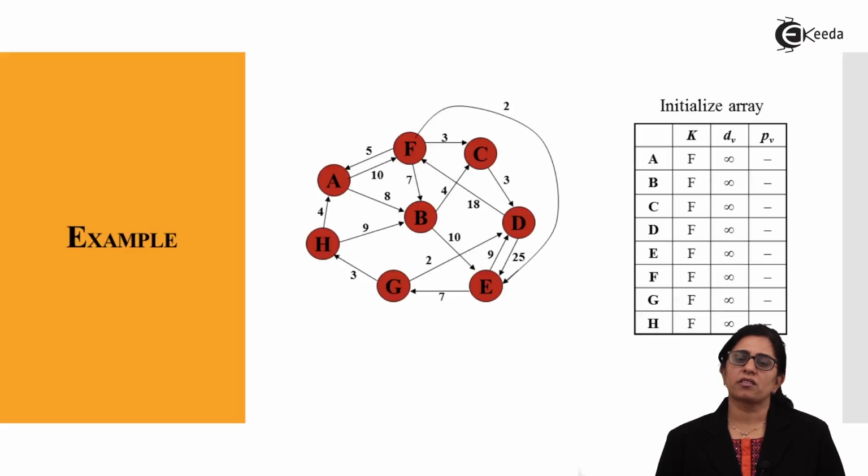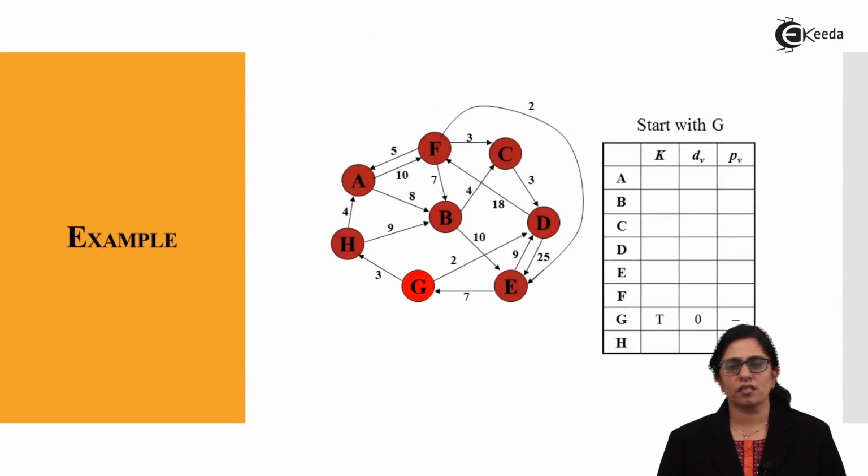Any node can be considered as a start node. So in this example, we have considered G as the start node. It is just an approach to solve the issue for this particular graph. So G is considered as the start node. As G is my starting element, it is added to the tree, whereas the distance it has travelled is 0 because that is my starting or the initialized point. And there is no previous node from where I can reach G, as that is my start position.